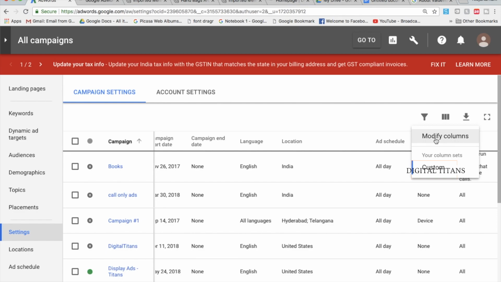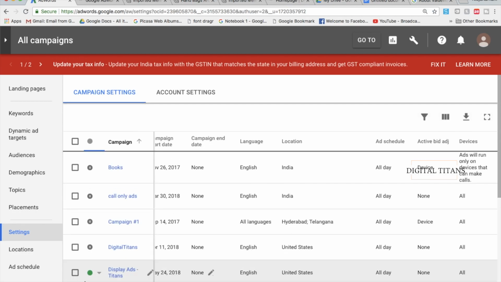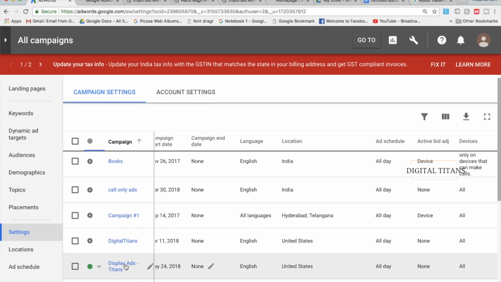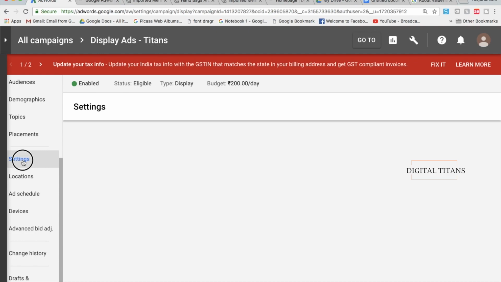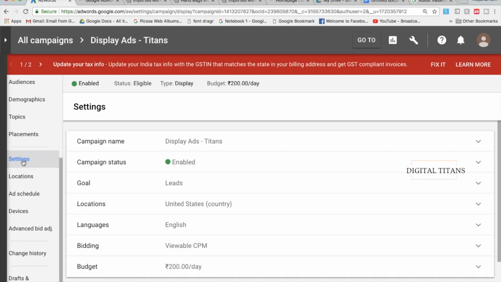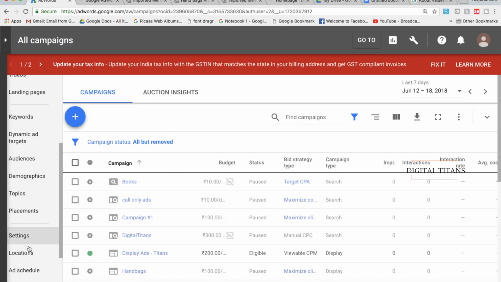So I go here and I'll say modify columns, and yes, these are the ones that I'm looking for. I'm looking for tracking template, and I'm looking for setting custom parameters. Now let's say apply. Once that is done, I come to my campaign. So you go to the settings of the campaign. Let's do it again. So let's go to your campaign settings,